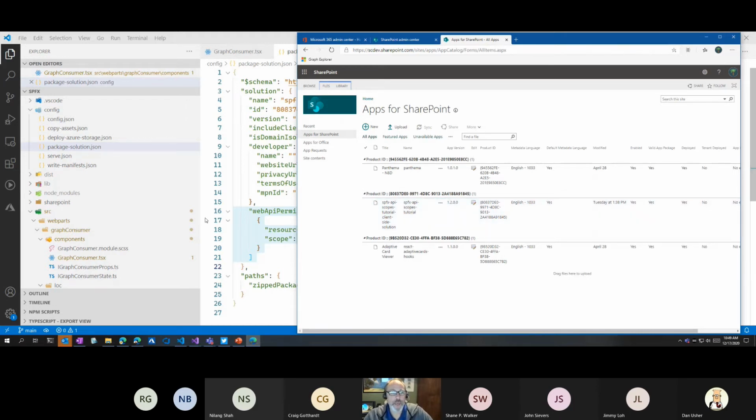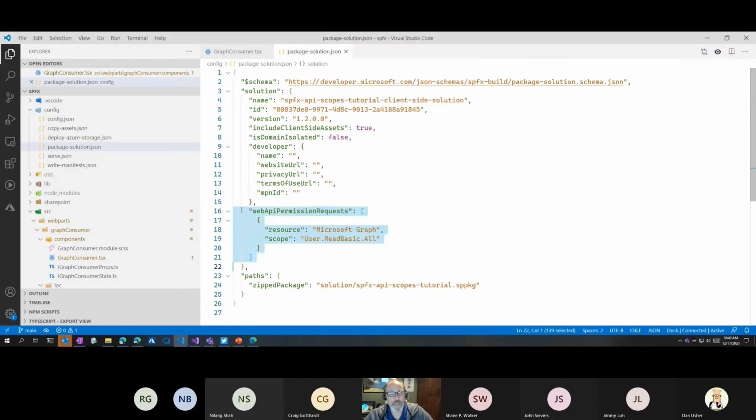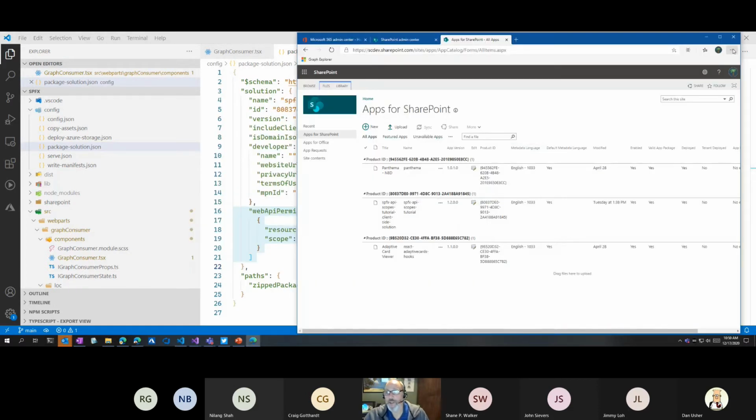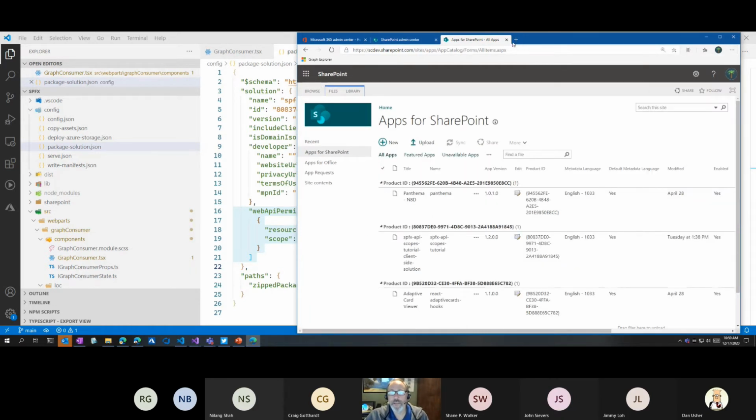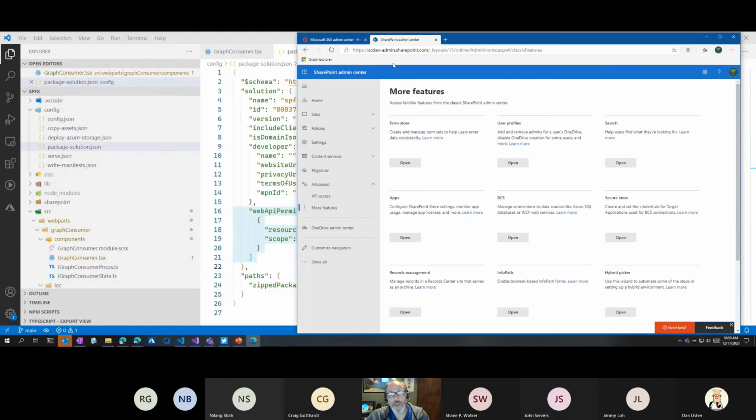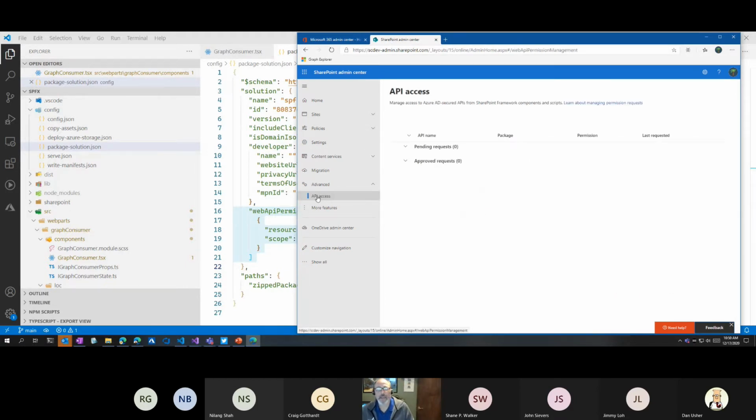Now, because this manifest has the web API permissions, that means the administrators had to consent on this. The way that is done is in the SharePoint administration page, there's a section called API access. With this API access, once it catches up here, we'll see that there are two different requests that have already been approved. And here is the one, Microsoft Graph User.ReadBasic.All. That matches my